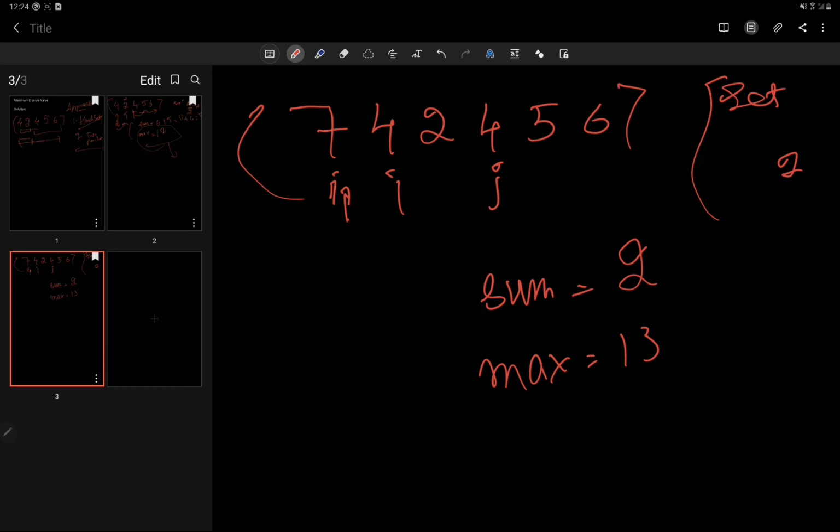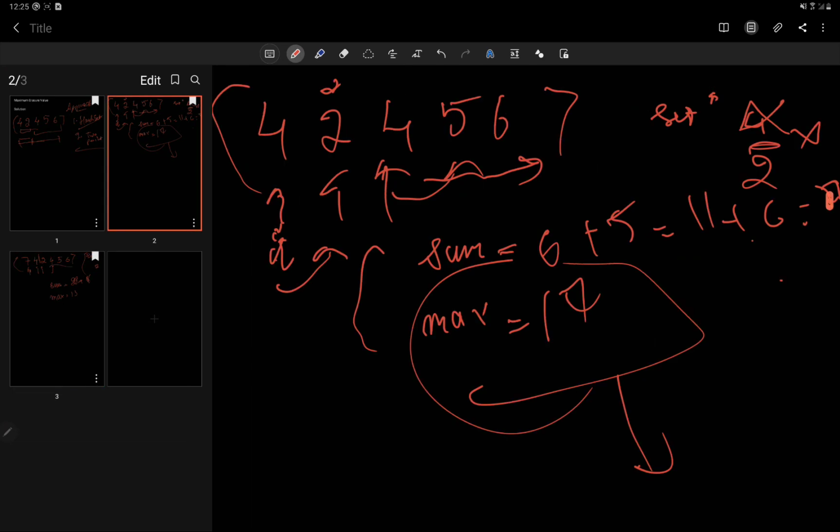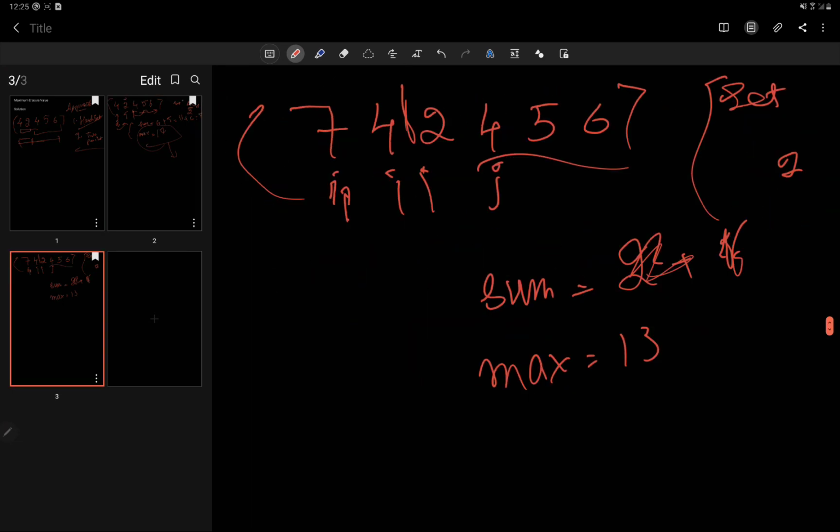Alright, now as soon as it encounters 2, now 2 is alright. So as soon as it encounters 2, it's not equal, so we can increment the j, but we have to add that as well. So 4 plus 2 is 6. Now sum is 6. So now it will move again like in the previous question, and the answer would be 17 as well, and it would be updated.